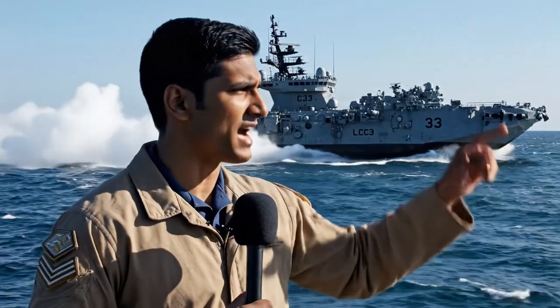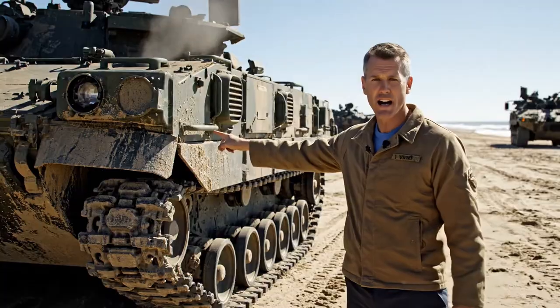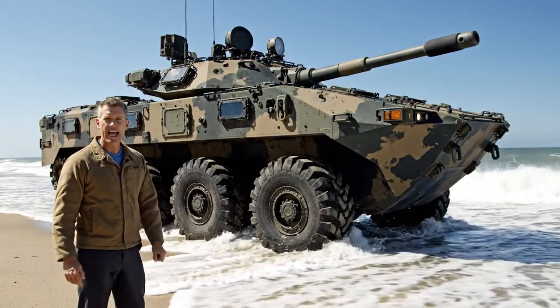The LCAC provides the critical link between the fleet and the shore. Here we see the tracked armor preparing for deployment onto the beach. We're looking at two distinct approaches here. The tracked vehicles handle the heavy lifting through the surf, while the 8-wheeled machines